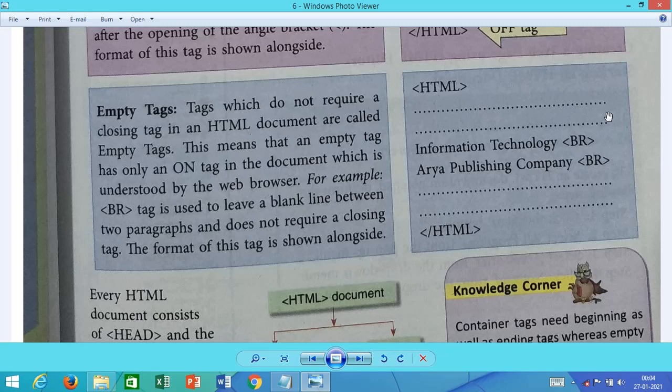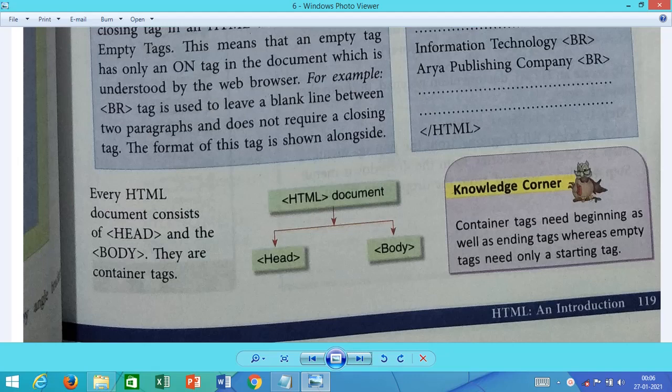Empty tag means it has only the on tag, and these tags are understood by the web browser.